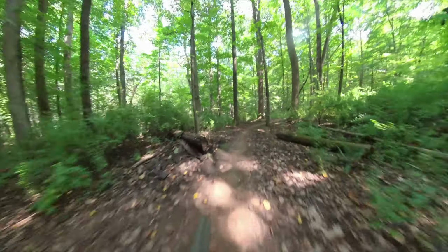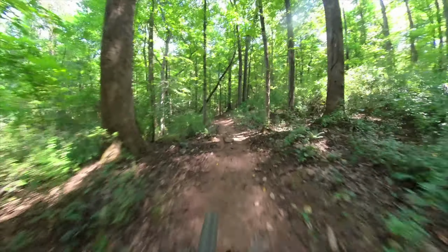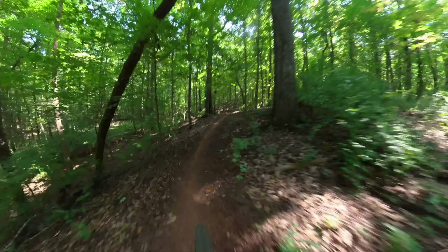The downfalls are gonna be the process takes a lot longer than if you're pulling a snippet from like a GoPro, because you have to reframe it, decide what you're gonna do, and then save it. The second thing is gonna be the footage isn't as amazing as a GoPro. You have super wide angle lenses that will capture a lot of sun flare, or if it's not bright enough, it doesn't do as well in low light. The footage isn't as crispy because it doesn't do well in that low light or shadows of mountain biking, but